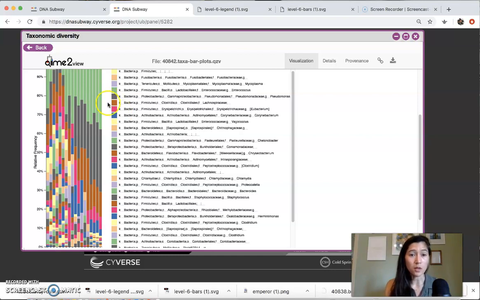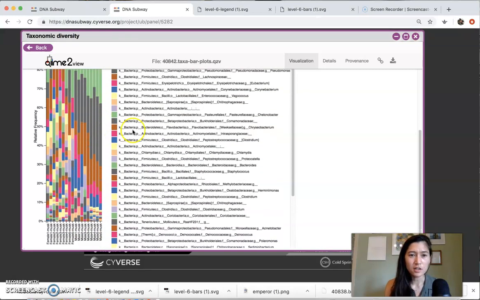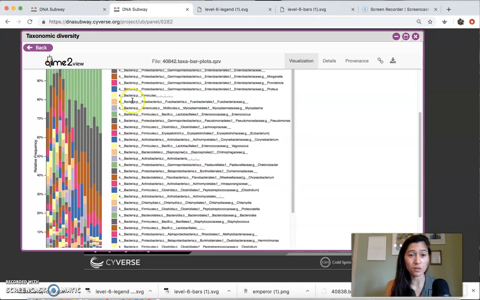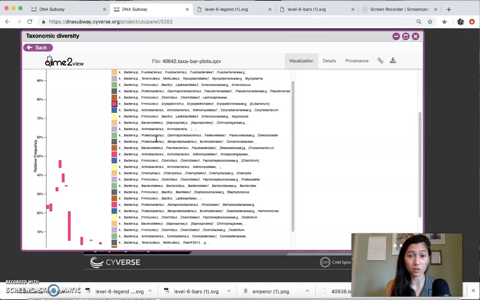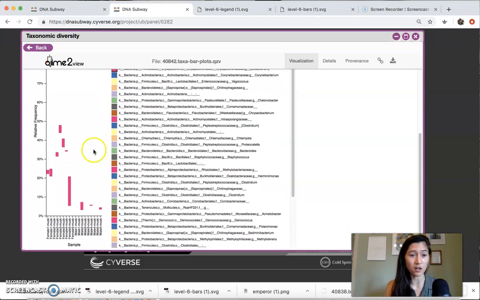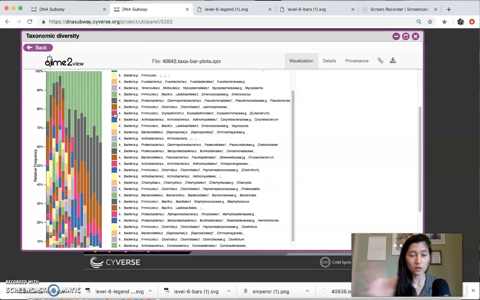samples. These plots are interactive, so if you hovered over one of these, it would pop up for you. Maybe not. Okay, but what you can do is with this legend on the right, you can click and play around with which of these different ones you want to show. So I clicked this one right here, Eubacterium, and now in our graph, those are the only genera that are being shown. If you decide you don't want to do that, you can re-click it again, and it'll restore that